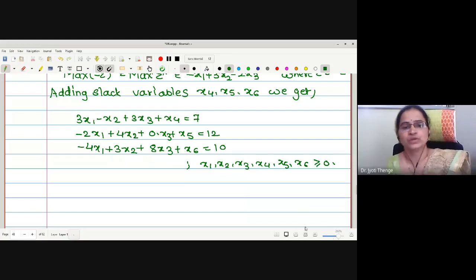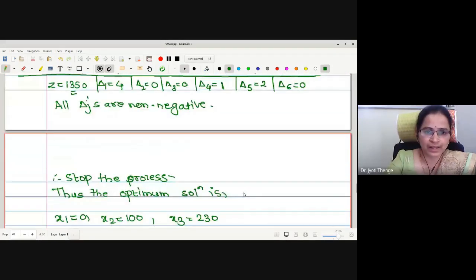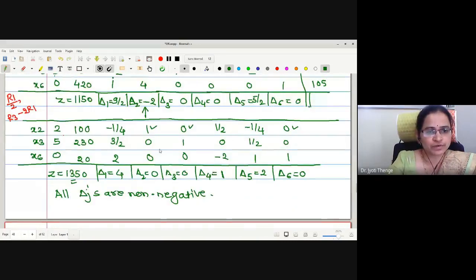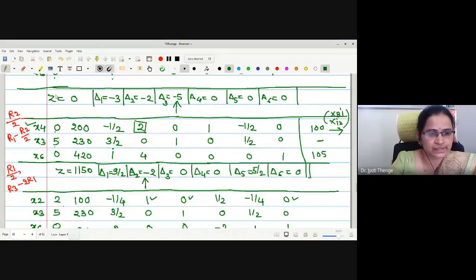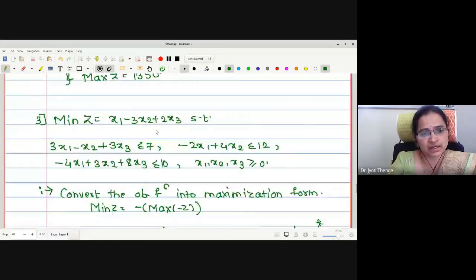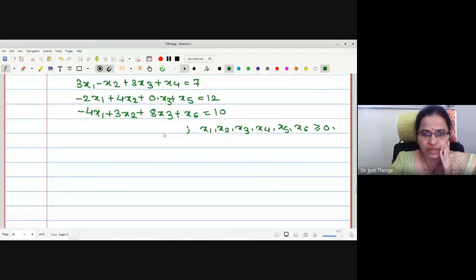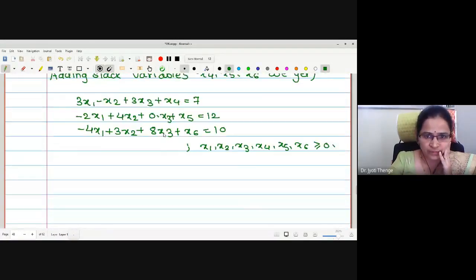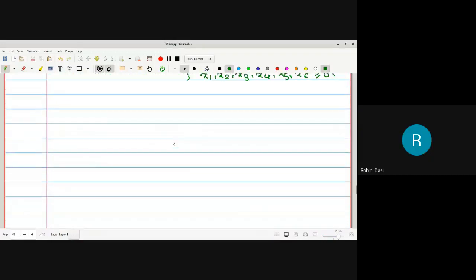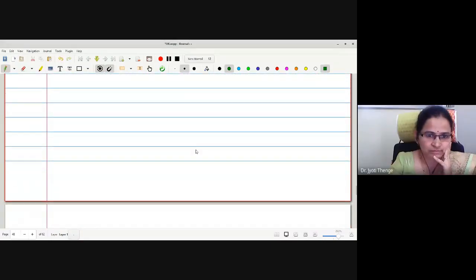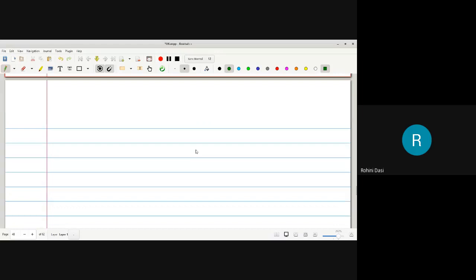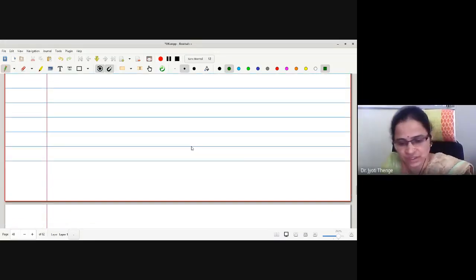Now can you solve the remaining part? What you have to do? You have to construct a table like this. Every time, instead of writing z, what you have to write here? Z star you have to write. Correct? Z star, and finally that z star we will convert to minus z. Can I do the steps, or you are going to do this? Will do, ma'am. At least try for this.